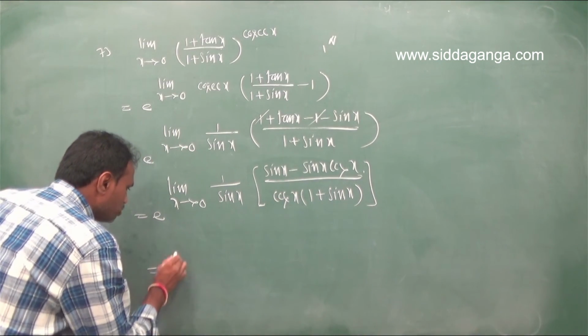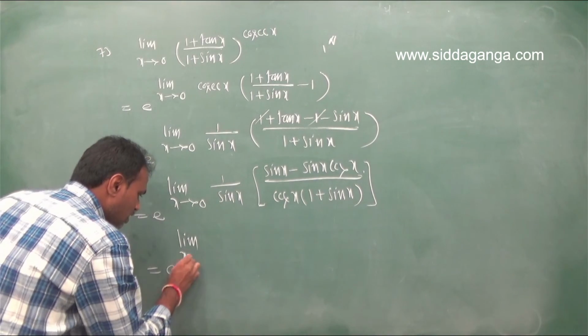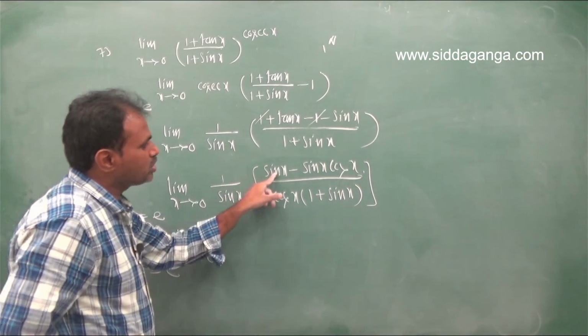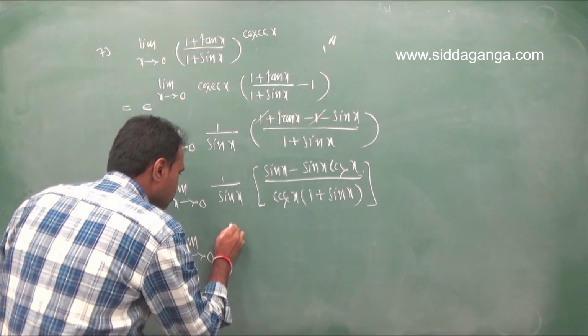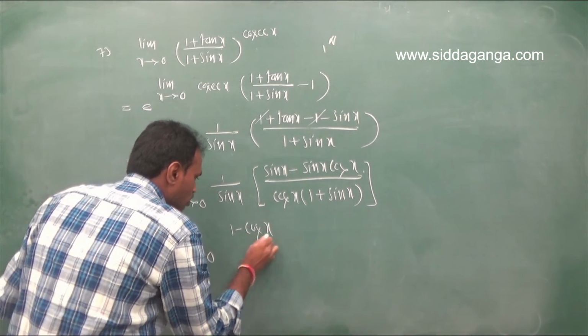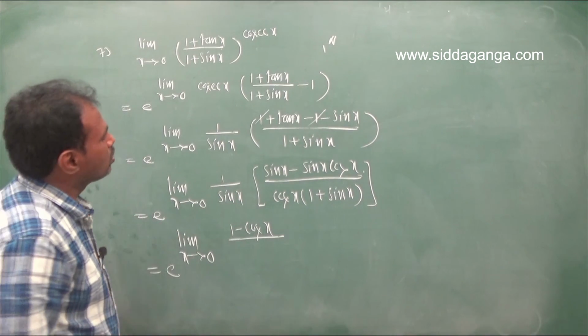Now it is equal to e power limit x tends to 0. Here you take sin x common, then sin x will cancel, that is (1 − cos x) divided by 1 plus